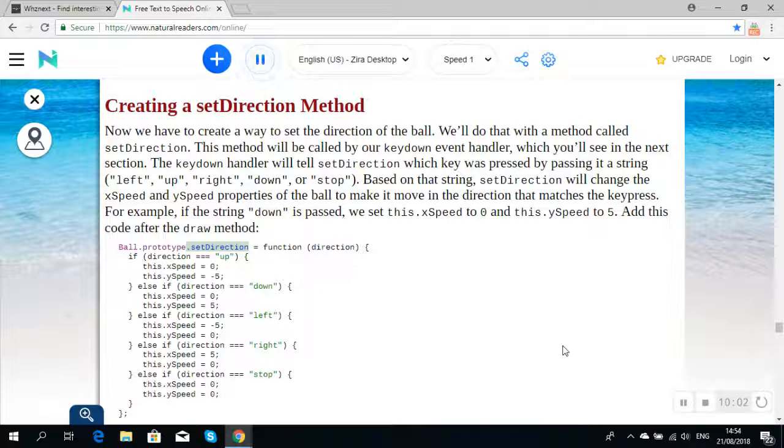Ball.prototype.setDirection = function (direction) { if (direction === "up") { this.xSpeed = 0; this.ySpeed = -5; } else if (direction === "down") { this.xSpeed = 0; this.ySpeed = 5; } else if (direction === "left") { this.xSpeed = -5; this.ySpeed = 0;